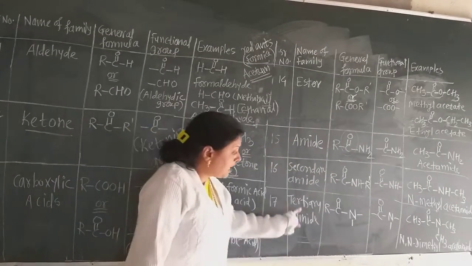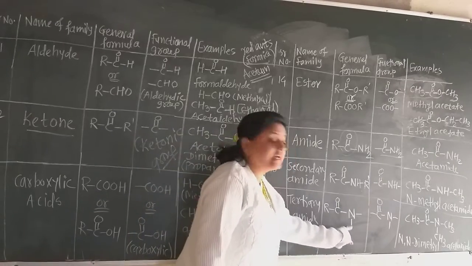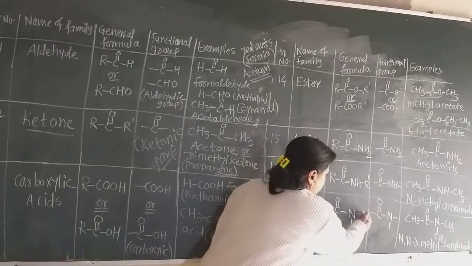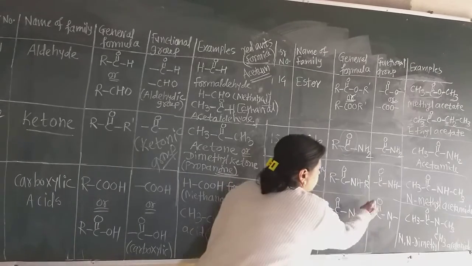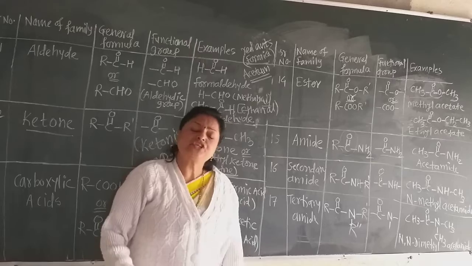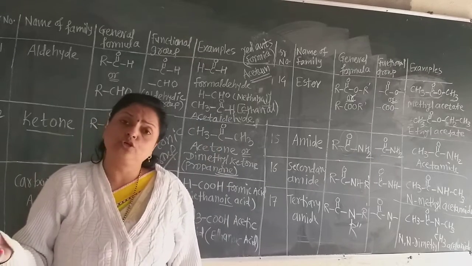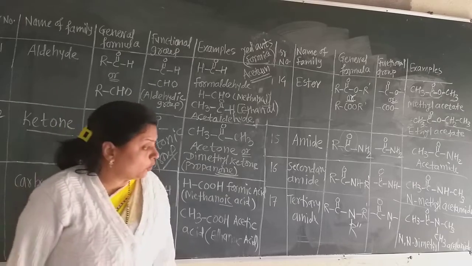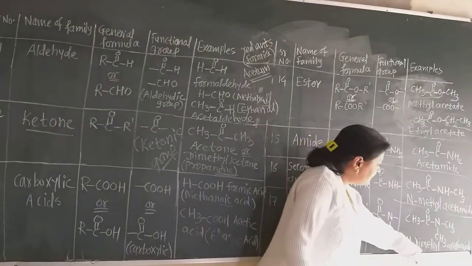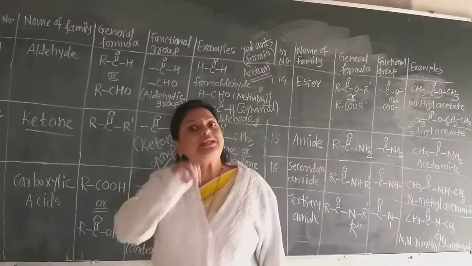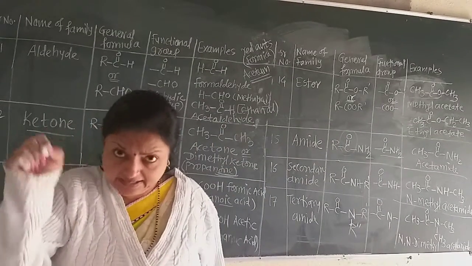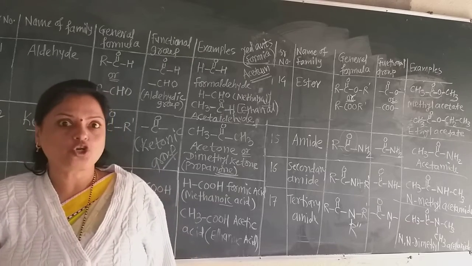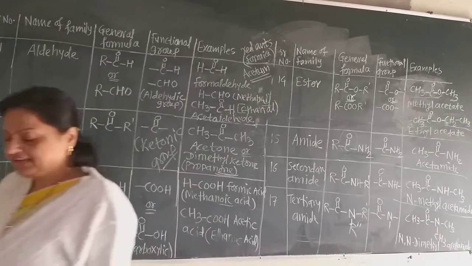Now in the tertiary amide, both of these hydrogens are replaced by the same or different alkyl groups. There, this is the general formula, sorry, R dash, R double dash is here. That means all the three R, that is the alkyl groups, may be same or different. If all the three alkyl groups are methyl groups, then the name of this compound, see here, on nitrogen there are two methyl groups. So write N,N-dimethyl acetamide. Such is the nomenclature of tertiary amide. Now let us see the next family.